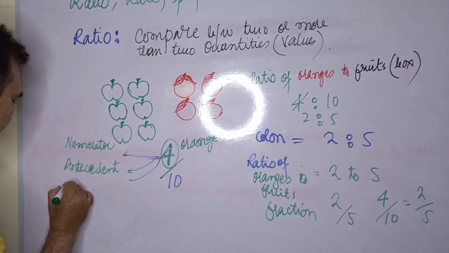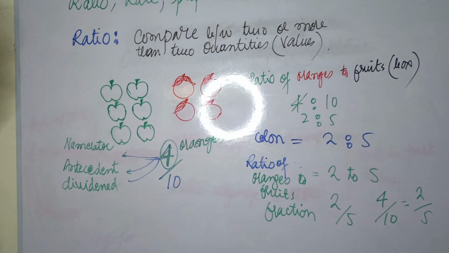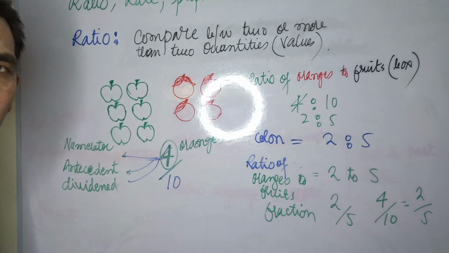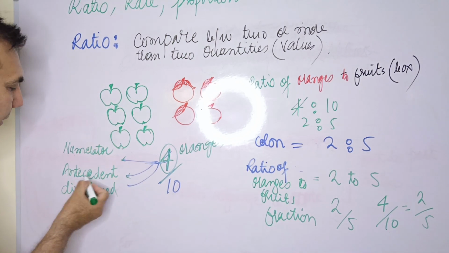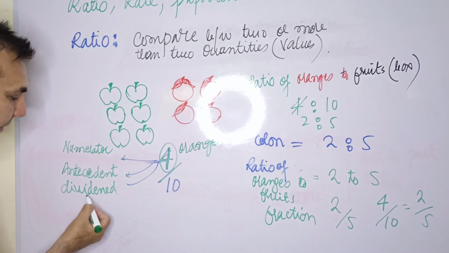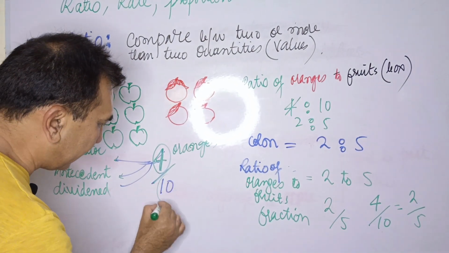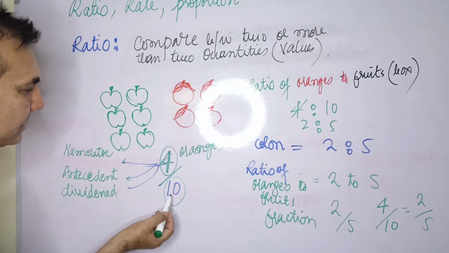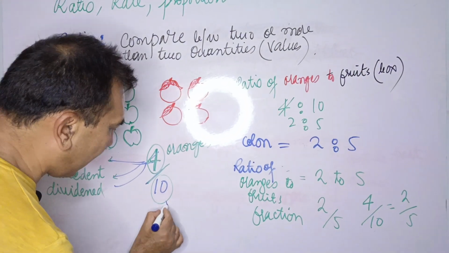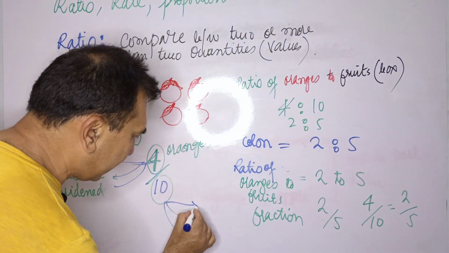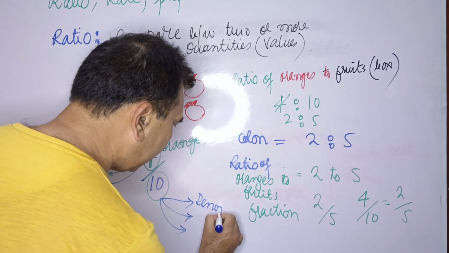And the third word is called the dividend. The first term you can call numerator, you can call it antecedent, and you can call it dividend. And the lower one, by which you divide the upper portion, again has three titles. One is called denominator,